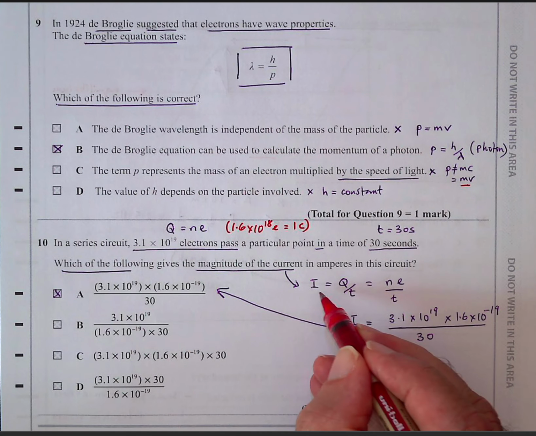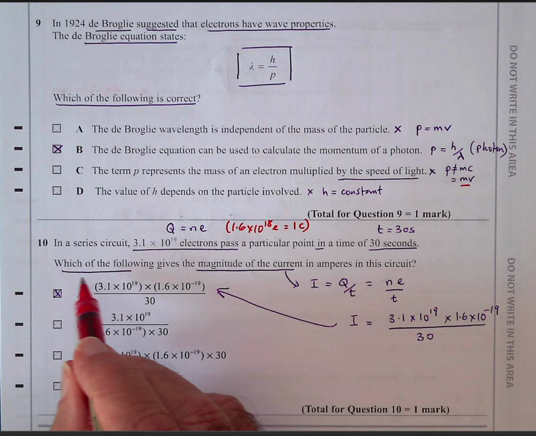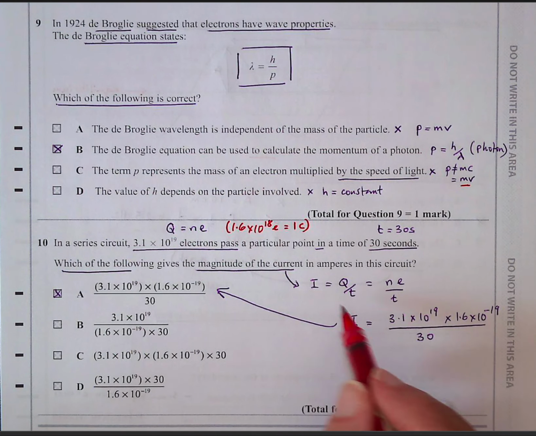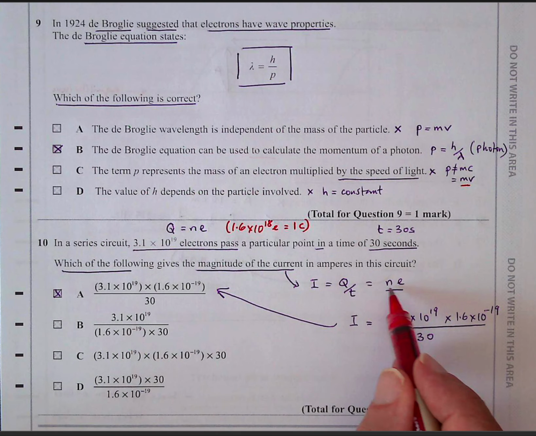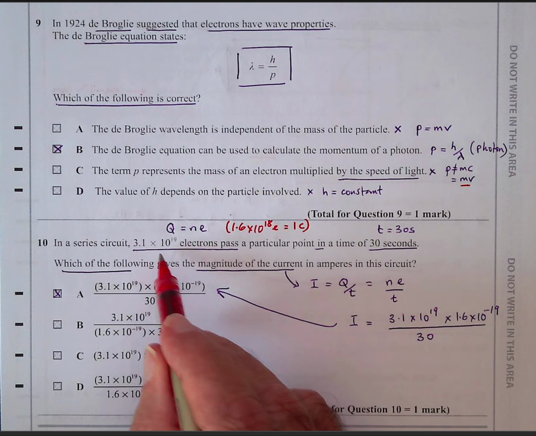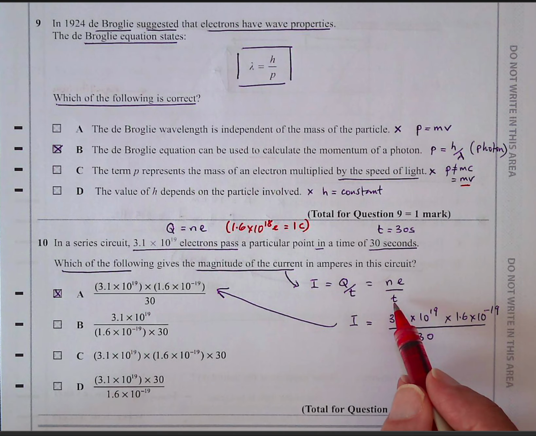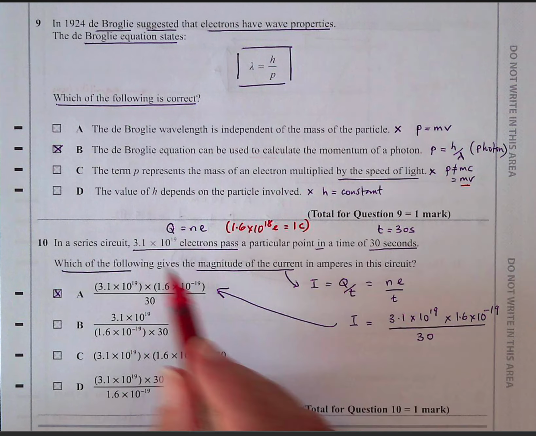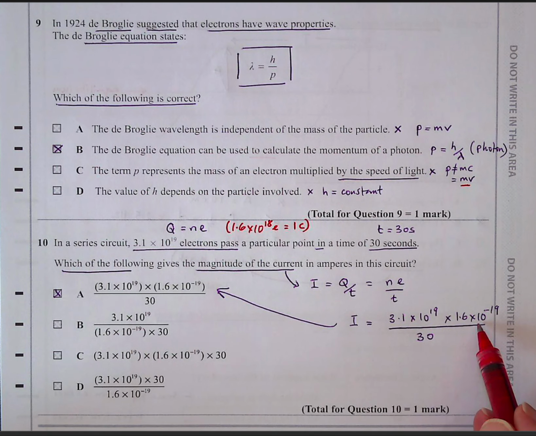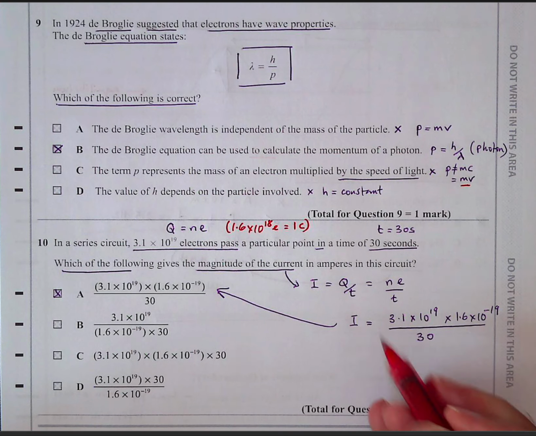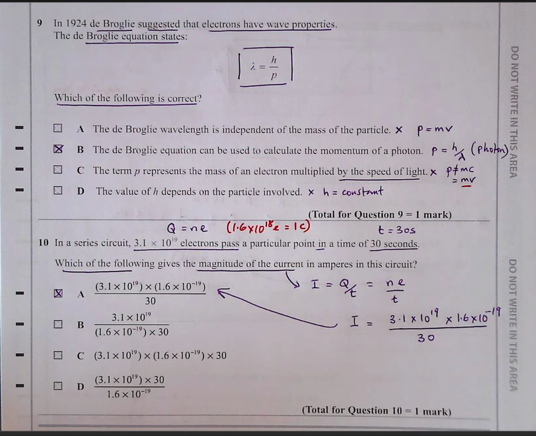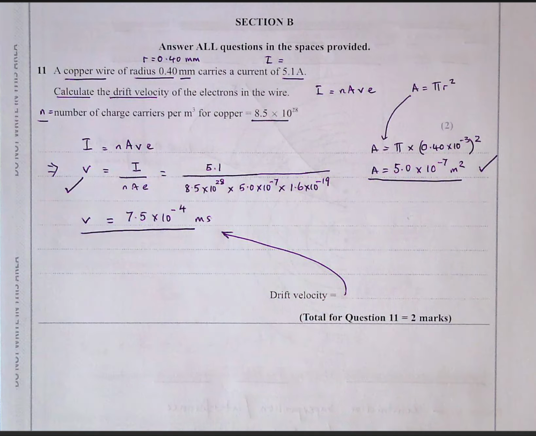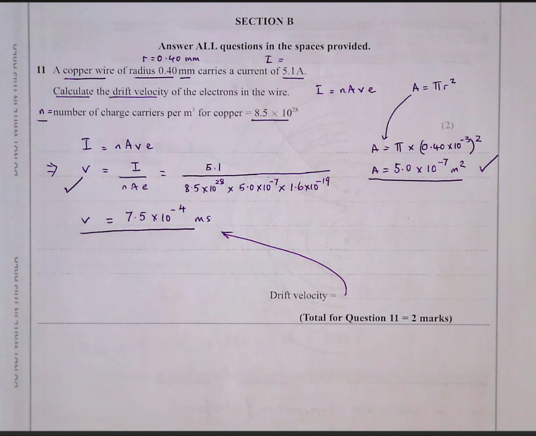They want you to find out what is the current using the data they've given you. Well, current is coulombs per second, charge divided by time, and the charge is n times e. So this number times the charge of 1 electron divided by 30 seconds. So it's 3.1 times 10 to the 19 electrons. Each one has a charge of 1.6 times 10 to the minus 19 coulombs. Divide that by 30 and you'll see the only equation which is correct in question 10 is A. Okay, that's the multiple choice questions done. We're going to bang on, keep going,